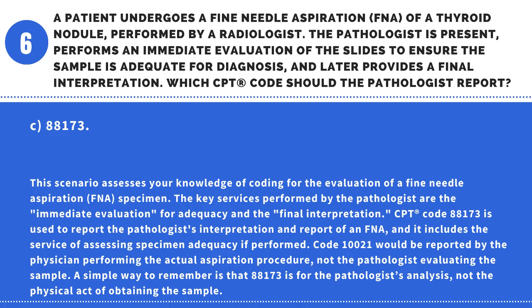CPT code 88173 is used to report the pathologist's interpretation and report of an FNA, and it includes the service of assessing specimen adequacy if performed. Code 10021 would be reported by the physician performing the actual aspiration procedure, not the pathologist evaluating the sample. A simple way to remember is that 88173 is for the pathologist's analysis, not the physical act of obtaining the